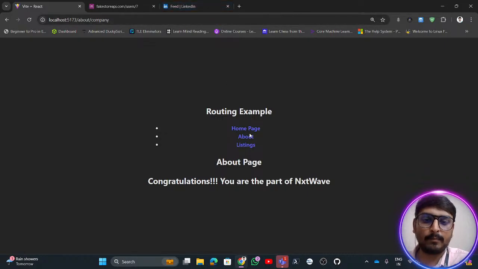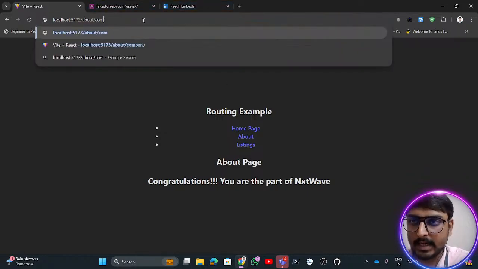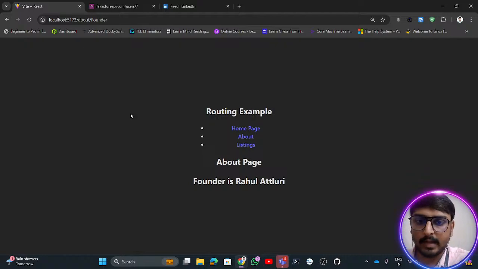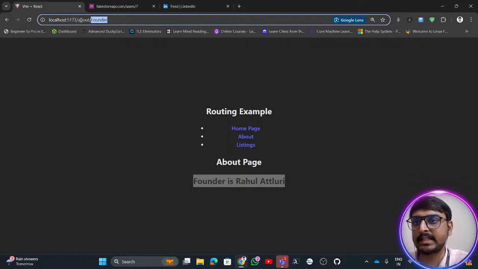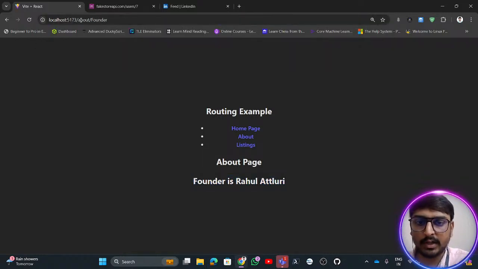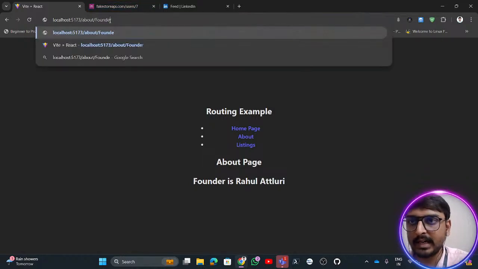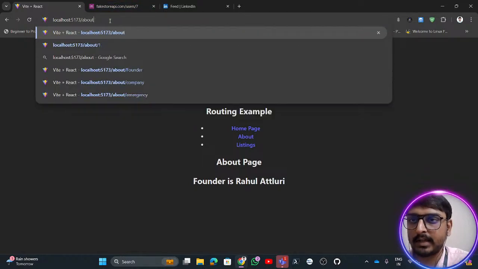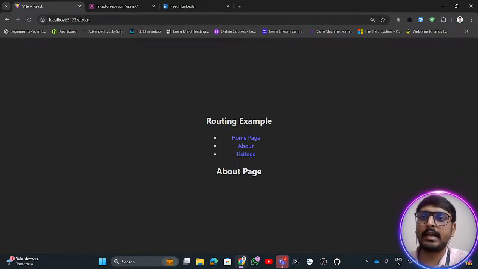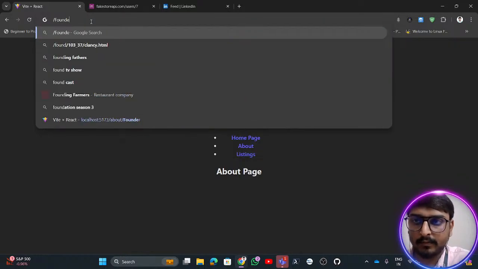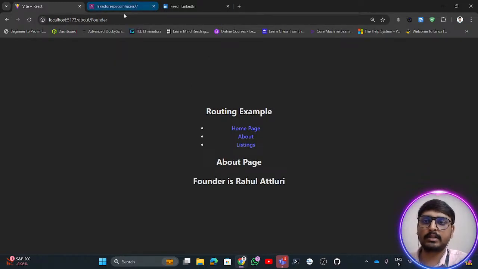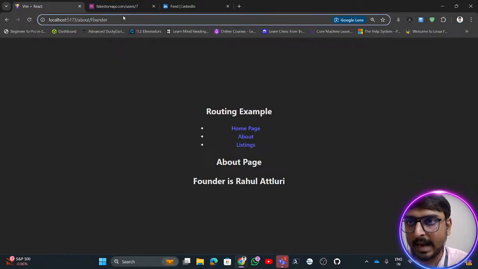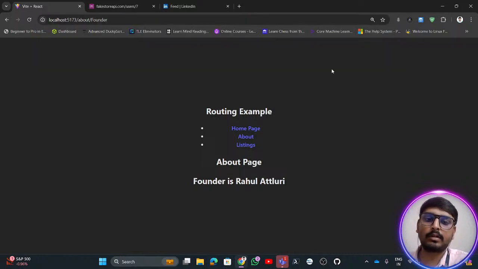we'll be redirecting to that given page. And if we say founder, it is telling that it is a founder. If you observe this particular nested route, it is case sensitive. If I say about, execute it, we are still on the about page. We still redirect to this about page. If I say founder, you'll see you'll be redirected to this thing. If instead of this capital F, I say small f, execute,